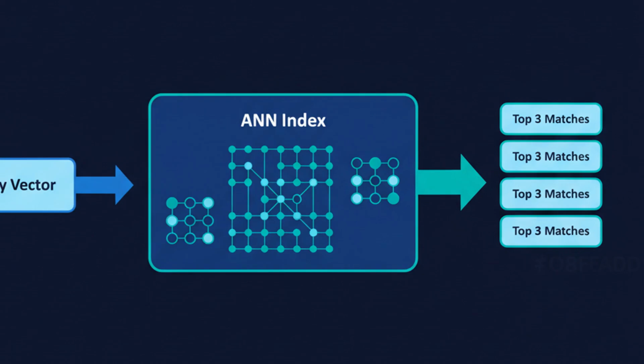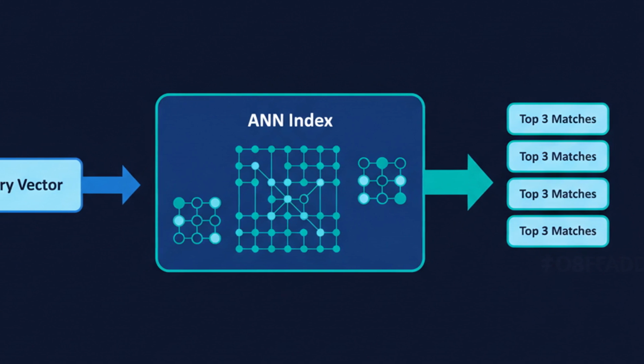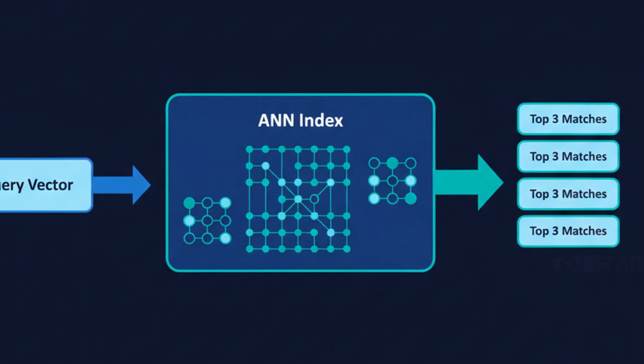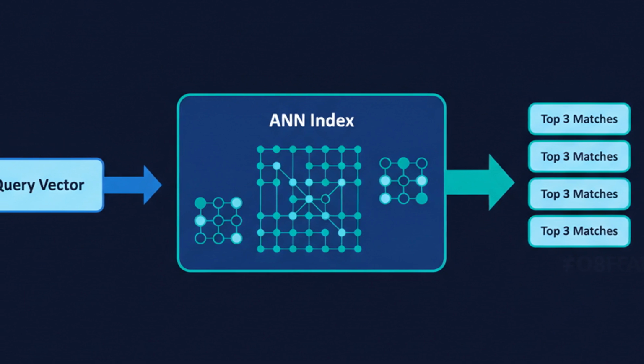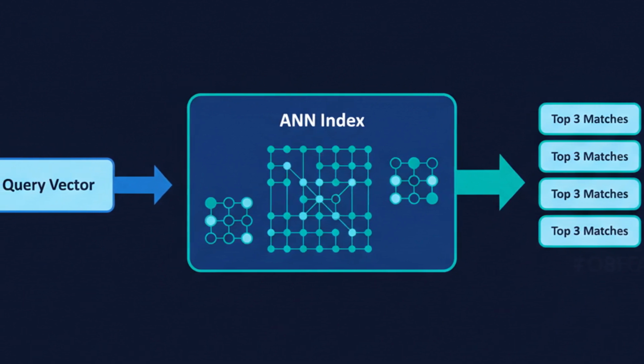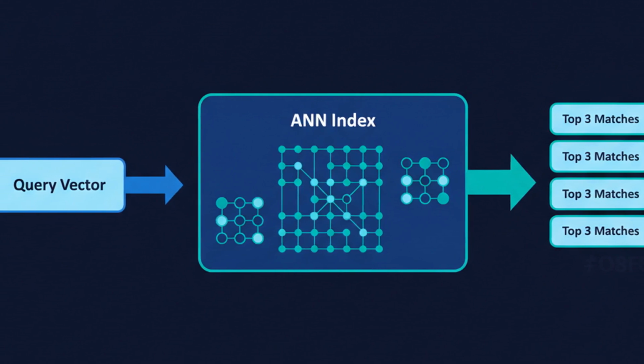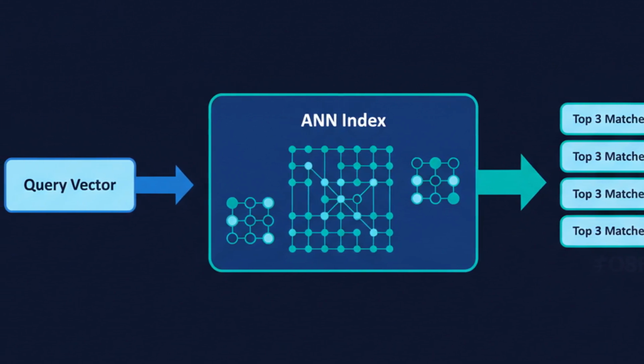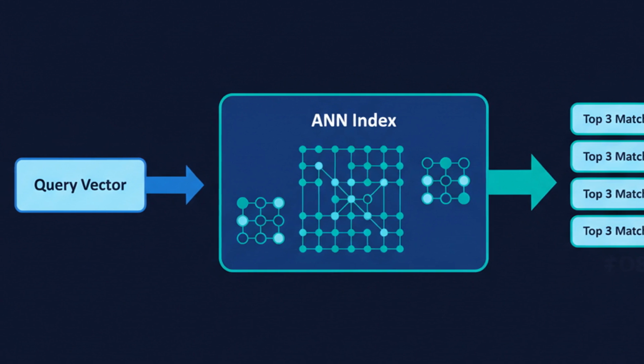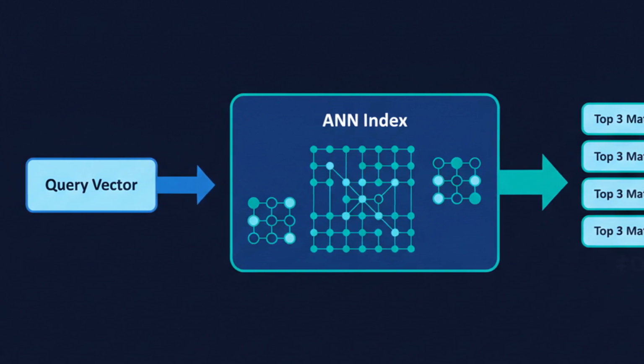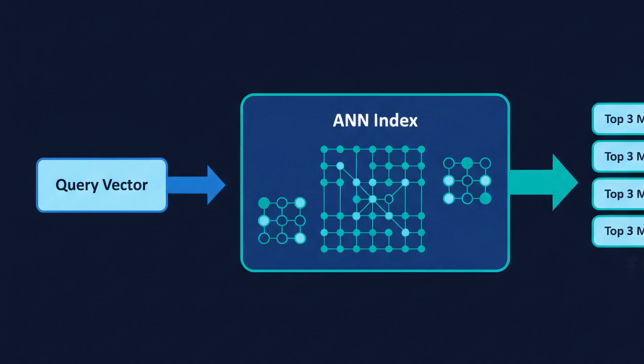Comparing two vectors is trivial. But what if you have 10 million of them and need the closest match in milliseconds? Looping through all of them is far too slow. This is the job of a vector database. Tools like FAISS, Pinecone, or pgvector. They build clever indexes that find approximate nearest neighbors almost instantly, without checking every single vector. For Indian developers, pgvector on a managed Postgres instance is often the cheapest place to start.